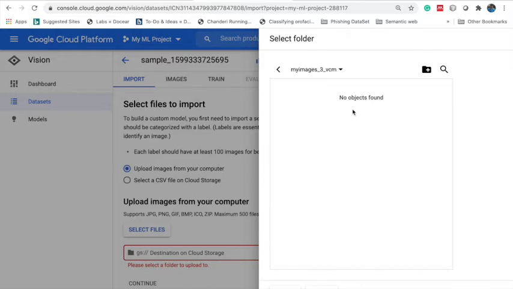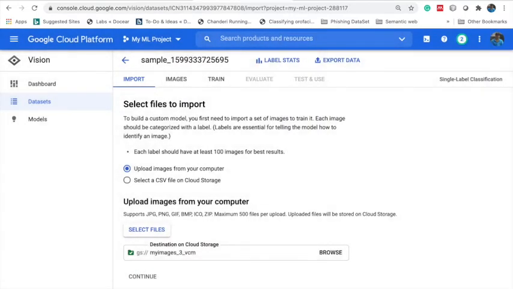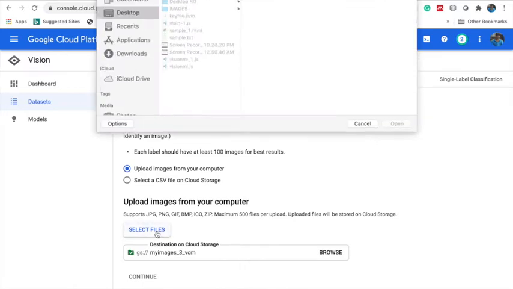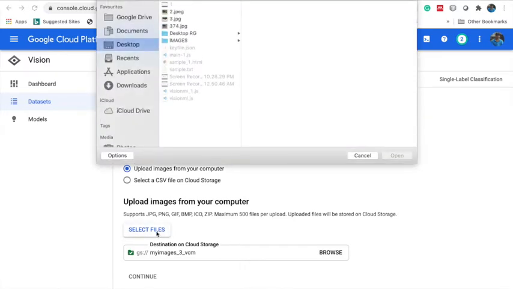So currently there are no objects found in my bucket. No issues. Once I upload my images from my local system, all the images will be inside this particular bucket. Select the bucket. Now go to select files and go to the location where you have the images.